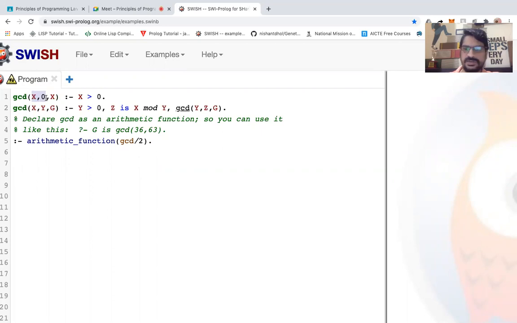the x and 0. So GCD क्या होगा? X होगा. If x is greater than 0, x and y का GCD G होगा if y is greater than 0 and z is x mod y, and again we'll call the GCD with y, z. So ये जो GCD फाइंडिंग आउट का जो एल्गोरिथम है, ये यूक्लिडियन एल्गोरिथम है. आप लोगों ने अगर पढ़ा होगा यूक्लिडियन एल्गोरिथम, सेम लॉजिक यहाँ पर अप्लाई किया गया. ओके,